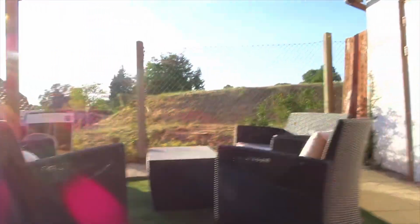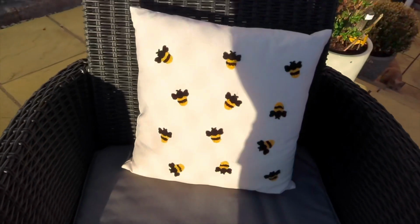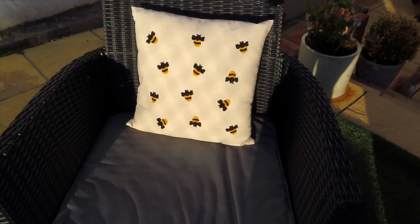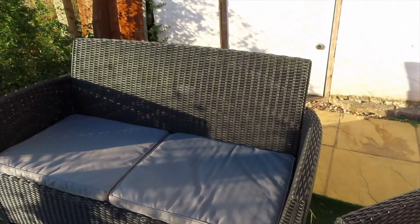We've got our little bee cushions as well. I can't remember if I showed you, but I picked these up from, I want to say these were Aldi, when they had like their specials on. I only got 2 and I'm regretting it because I should have got 2 more for here because now they're gone. But anyway,